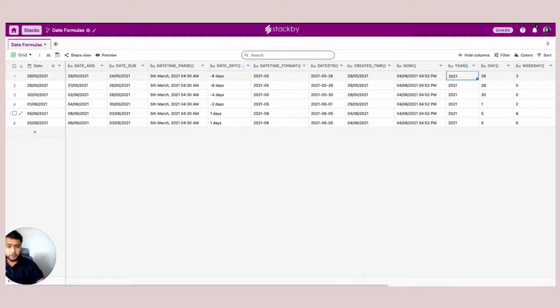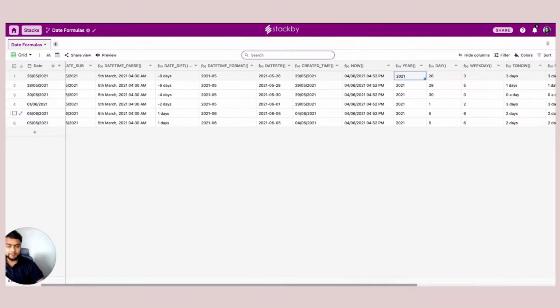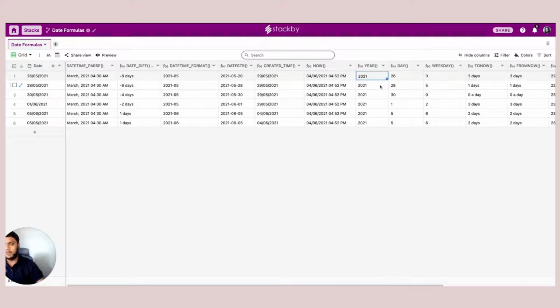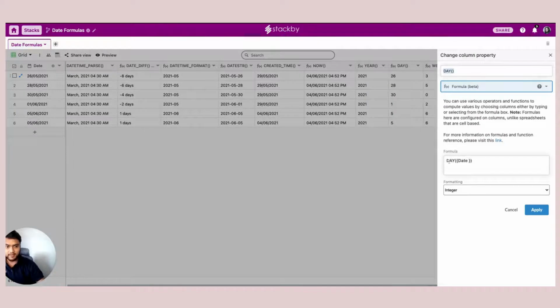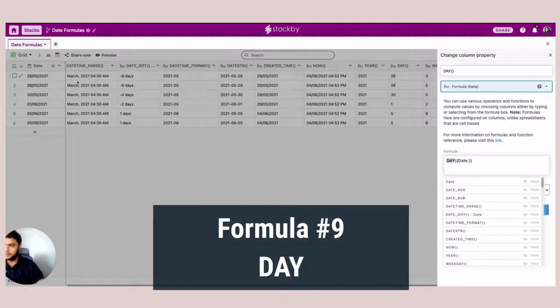Now if I want to get the year the record was created, I can use the year function. Similarly, if I want to bring which day of the month it is for this particular date, just use day as a function and give the date column as a reference.